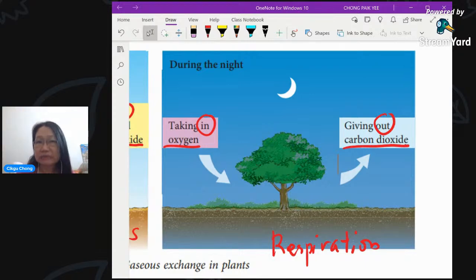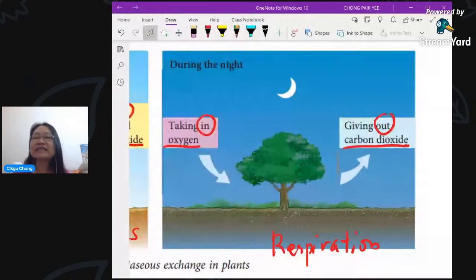Because at night you sleep, and then the plant will carry out respiration just like you also. They will compete with you for oxygen, and that's when you lack oxygen. Okay, so they absorb it. Yeah, correct. Now you got the idea, right? They lack sunlight because you don't switch on the light. Unless, of course, you switch on the light, but nobody does that at night, isn't it? It's so bright. How are you going to sleep with your light on? So that is the whole idea.